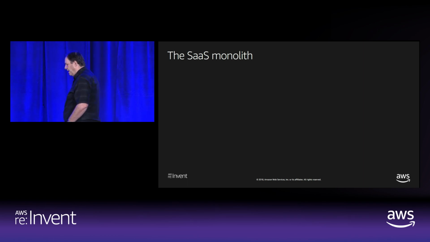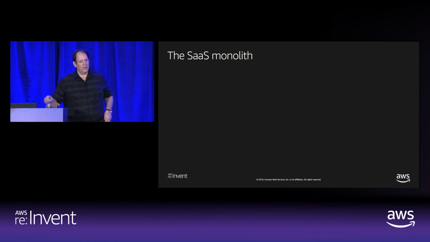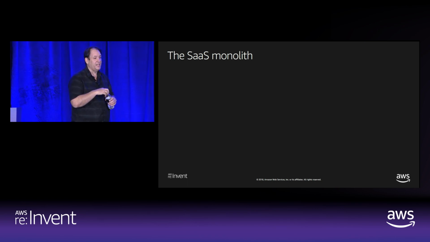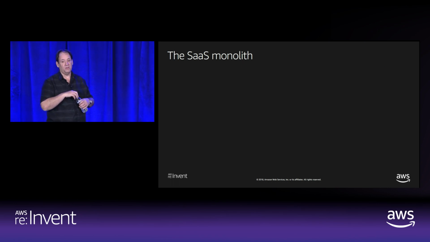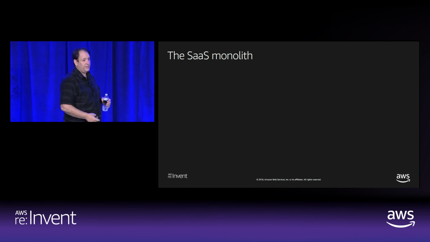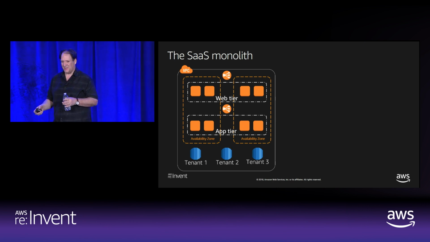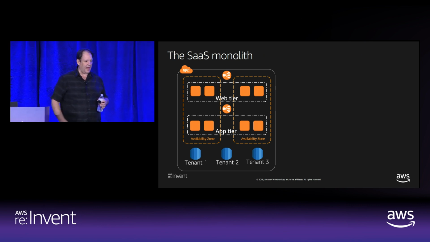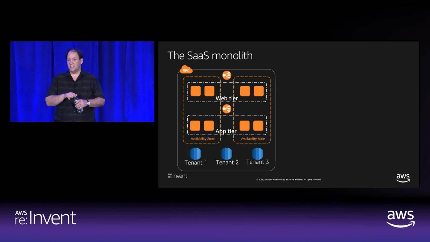And this is back to what I said at the top, which is when I sat down to try to build these reference architectures, what I found was most of these architectures were extensions of existing models. But I still have to call them out as SaaS architectures. So there is the SaaS monolith. It is the monolith that we've all come to know and love, or know and hate, depending on your experience. But this idea that we would have a multi-AZ environment, we'd have a traditional N-tier architecture,